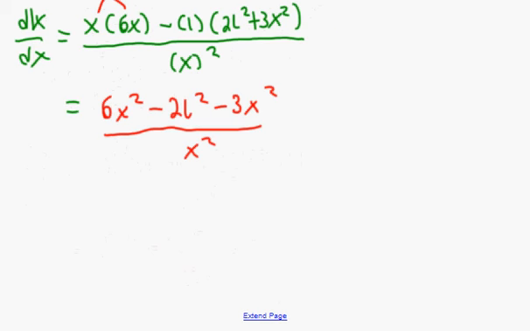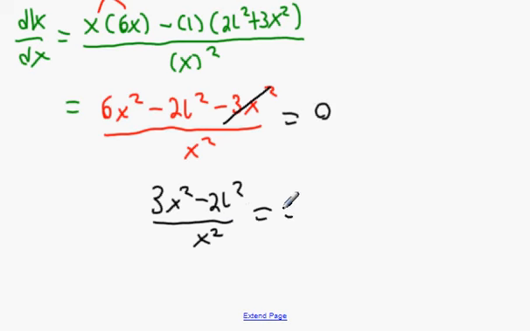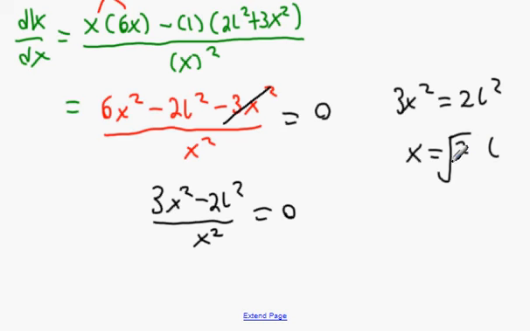And what we should get here, 3x squared minus 2l squared, all over x squared equals 0. Once again, to solve that, you're going to get 3x squared equals 2l squared, and then you're going to get x equals l divided by root 2 over root 3. Sorry, root 2 over root 3 multiplied by l. Okay,